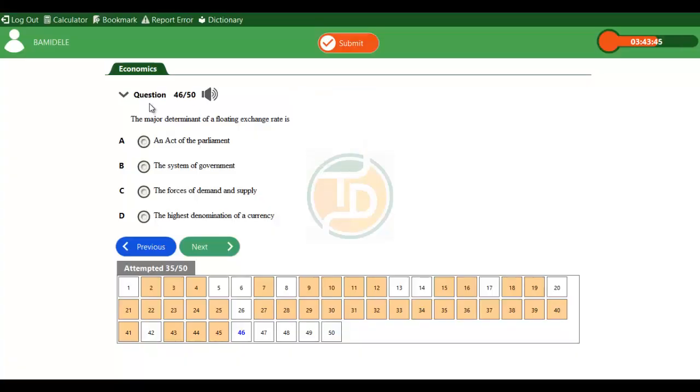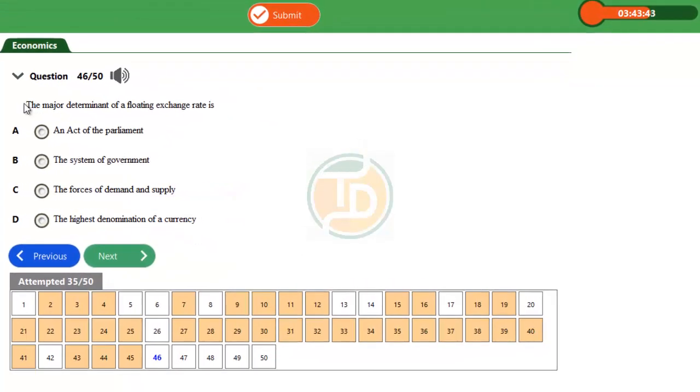Good day, guys. Question 46. UTME 2014. The major determinant of a floating exchange rate is